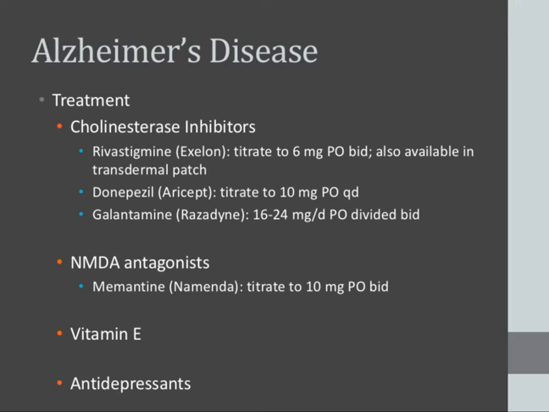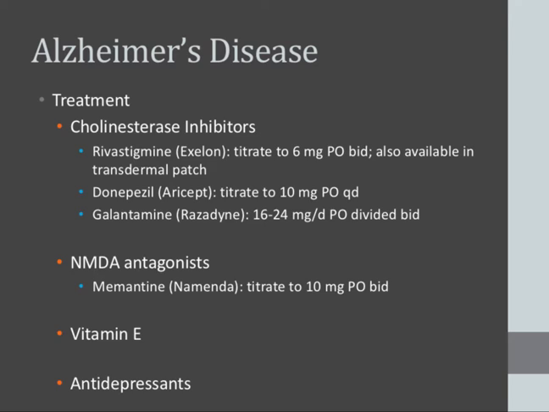So how do we treat this wonderful disease? The mainstay of therapy is going to be the use of centrally acting cholinesterase inhibitors, and we're trying to decrease the depletion of ACh in the cerebral cortex and hippocampus. Because the clinical manifestations of Alzheimer's are partly due to loss of cholinergic innervation to the cerebral cortex, these compounds interfere with the degradation of ACh by the